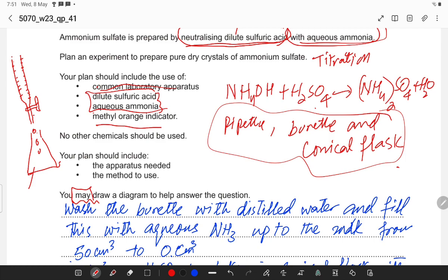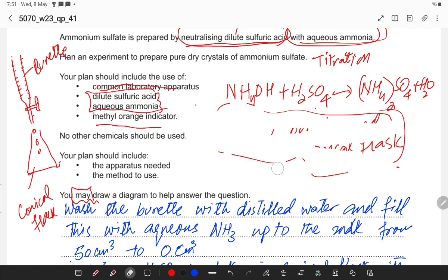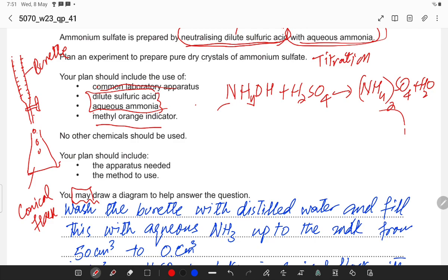This is conical flask, this is burette and this is pipette. This is pipette